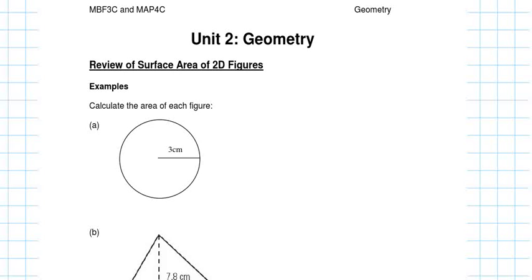So if you're looking at the area of a circle on the formula sheet, it says the area of the circle is pi r squared, right? So all you need here is your radius. You need to know what your radius is. And in this case, your radius is 3. So it's as simple as substituting the 3 in for the r, and that's going to be 9 pi, right? You can find that to 2 decimal places if you want, okay?